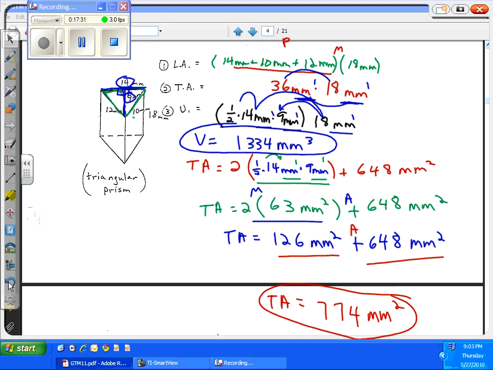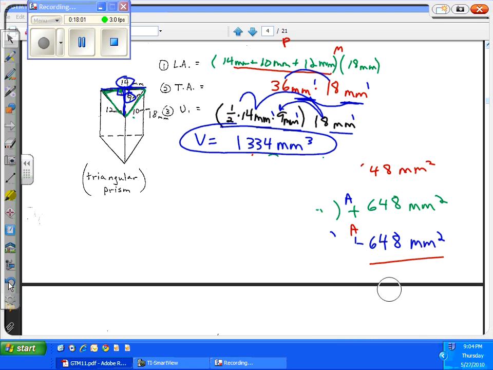So the volume is 1,334 square millimeters. Now, I did show you down there how to convert to centimeters. Let's go ahead and talk about that with the volume,